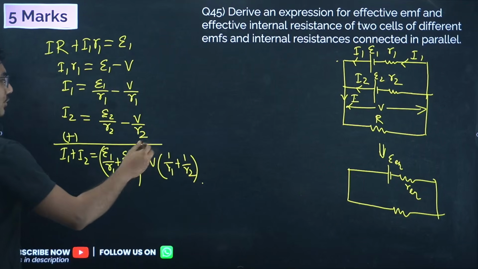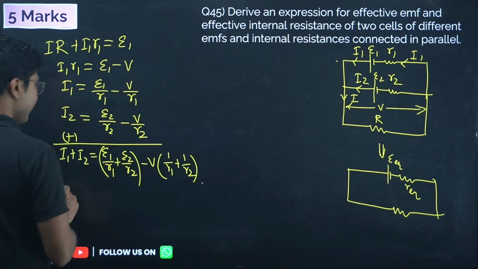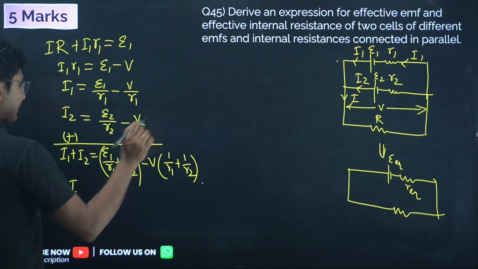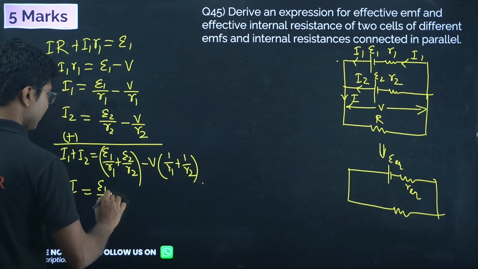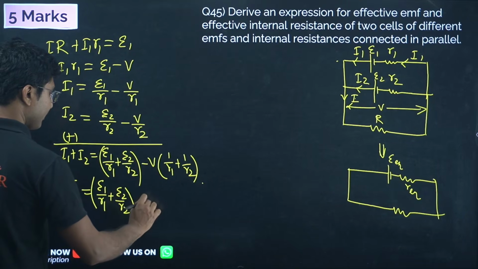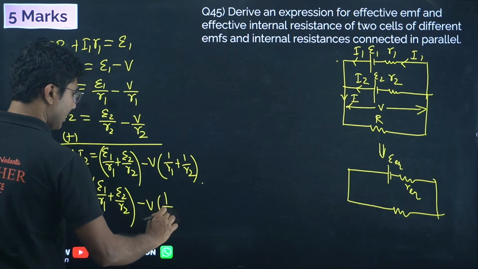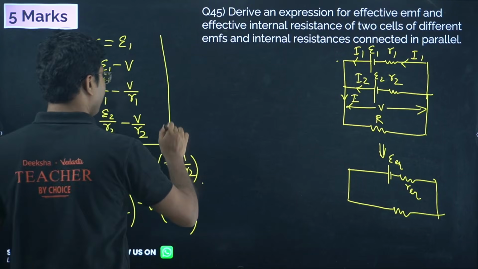Okay, our target is to find this V always, no matter what you are doing. So I1 plus I2 is equal to I, so I equals epsilon 1 by R1 plus epsilon 2 by R2 minus V into (1 by R1 plus 1 by R2). Okay, so simplifying, we get